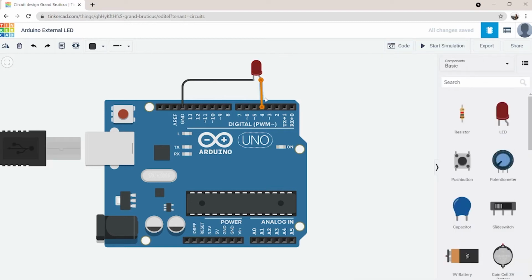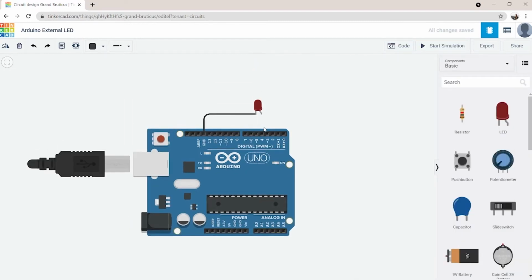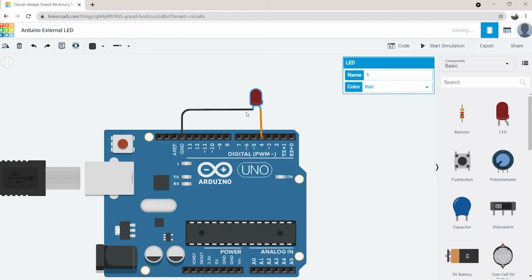Here the LED shows warning related to current. So I have taken the resistance of value 450 ohm to limit the current. You can calculate the perfect suitable value for resistance with the formula we discussed earlier.